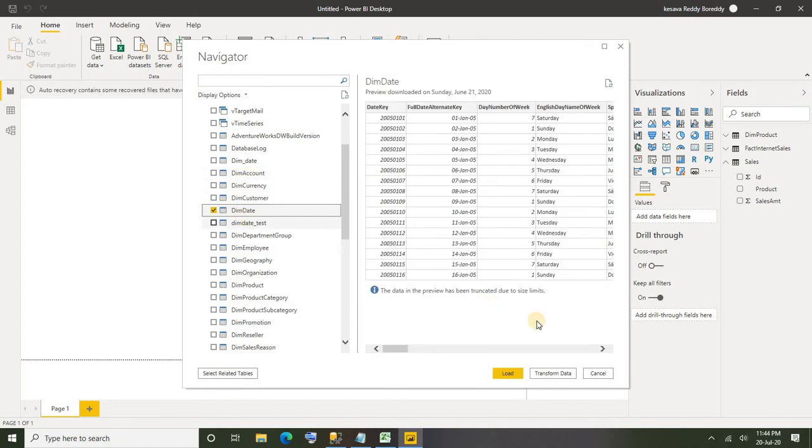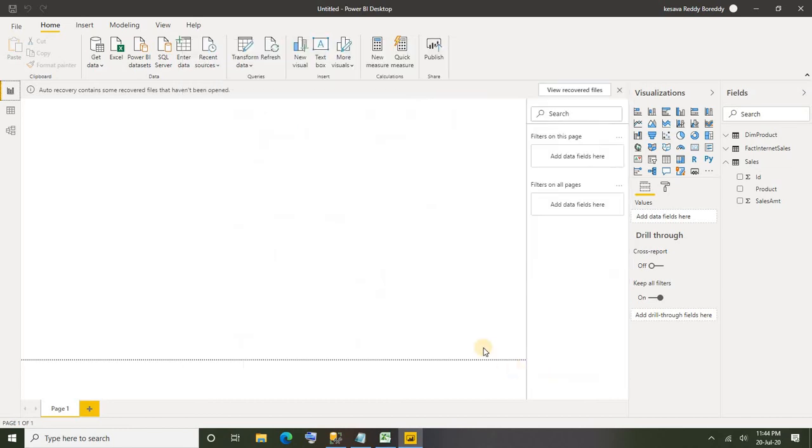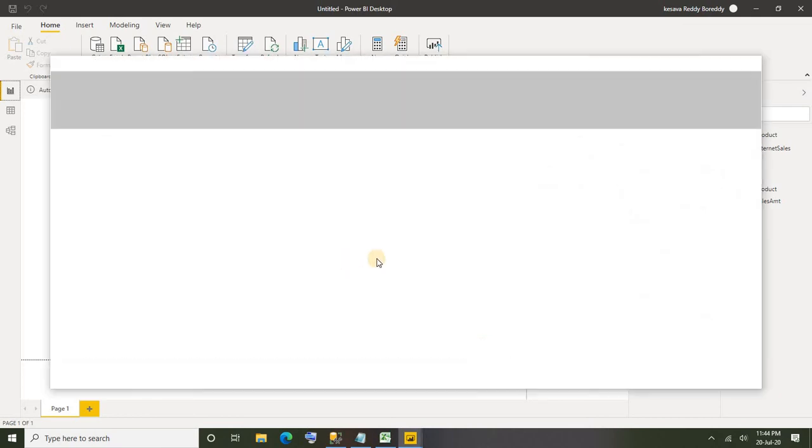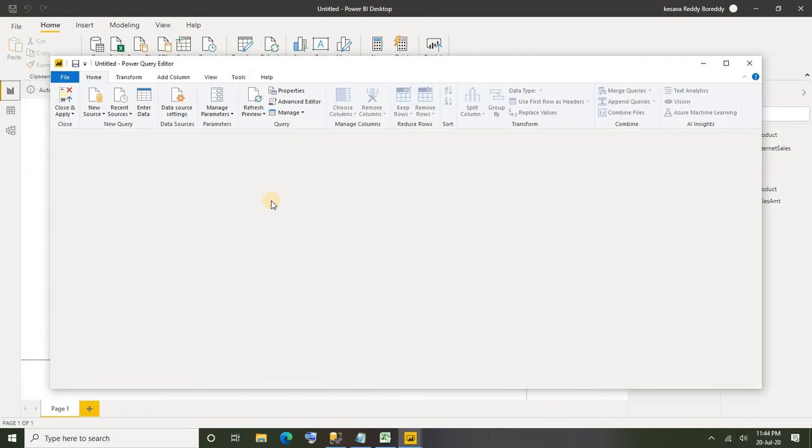Alright, so for the direct query option I'm going to choose dim date. Let me load only dim date as of now. Say load. Of course, if you want to go for transform, you can transform and load the data.